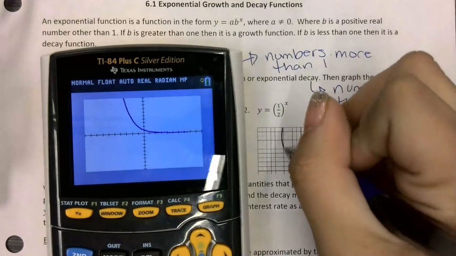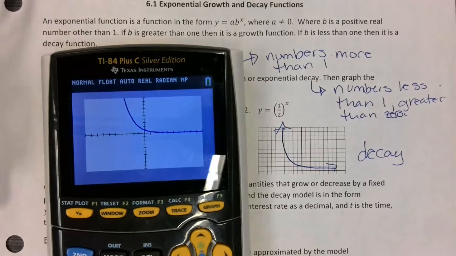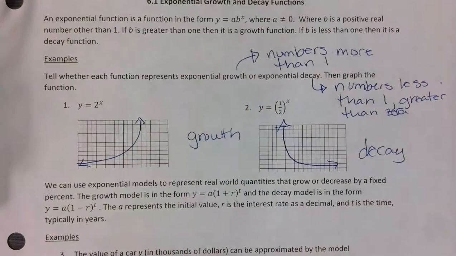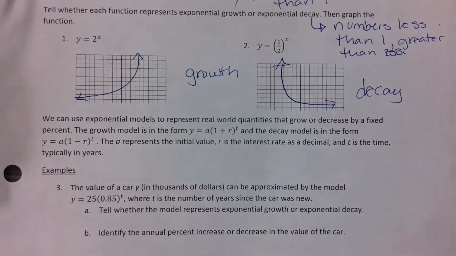So what do we notice about the graphs of growth and decay? So decay gets smaller as time goes on, growth gets larger. Yes, I know, I made a mistake. I'm human. You thought I was alien? Okay,